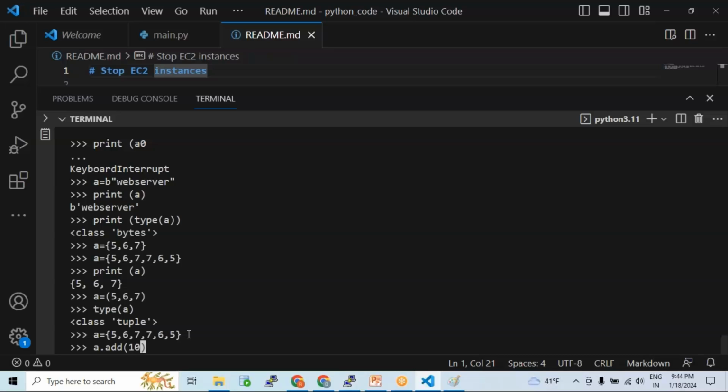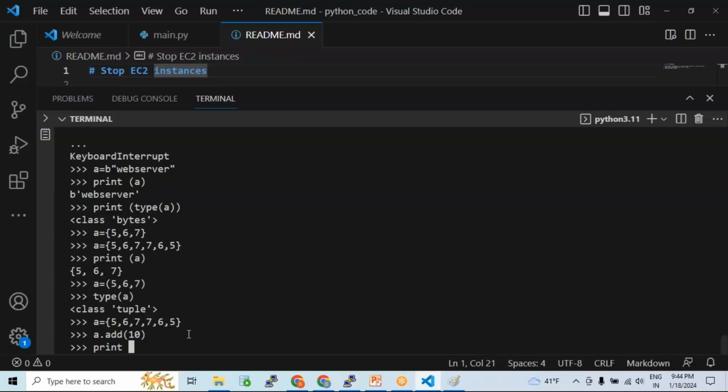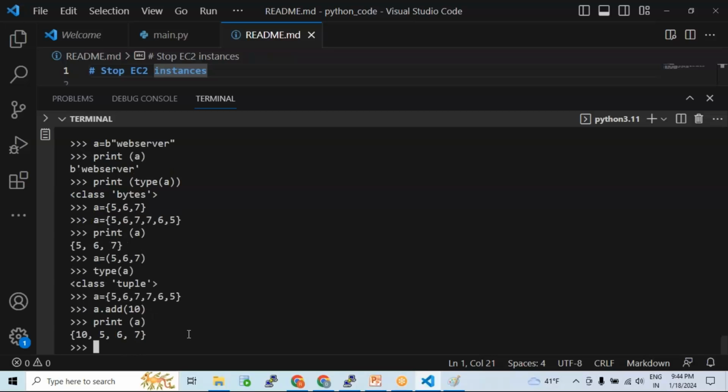let's say I'm just adding 10, print a. You see guys, I actually added 10 to my variable called a, right? And you see it is actually affected. Why am I able to add 10 to the existing set? Because the set is mutable,